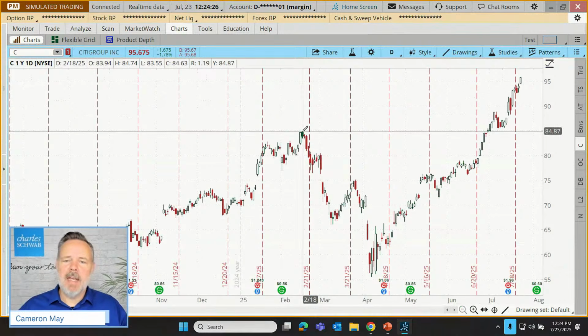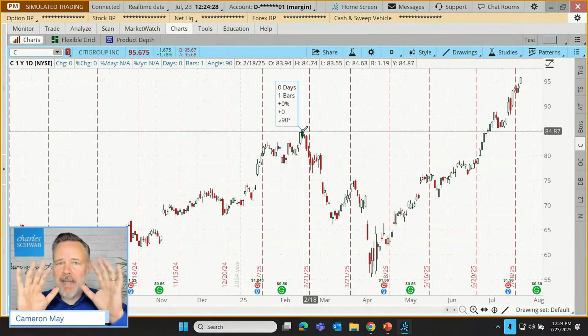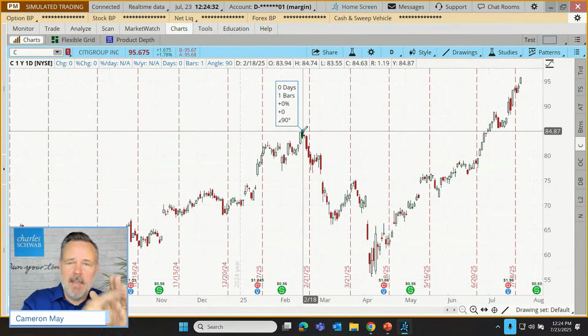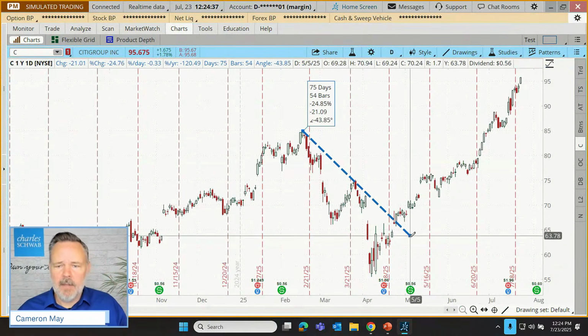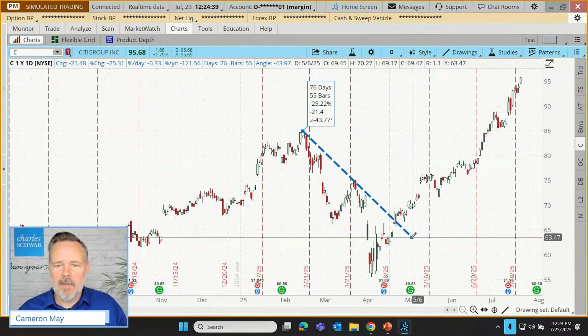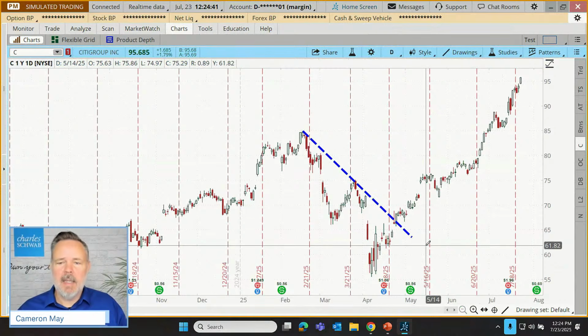They might go to the top of that, click once. Now notice I'm not going to do a click and drag. That's a different feature on the charting. It's a click and then a separate click, not a click and drag from one point to the next. So let's move down, position that line where we like it, and click again. And as I was saying, I kind of cheated